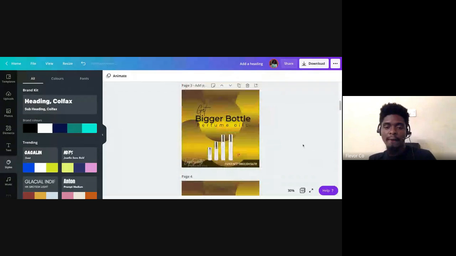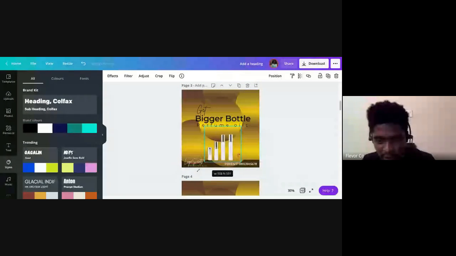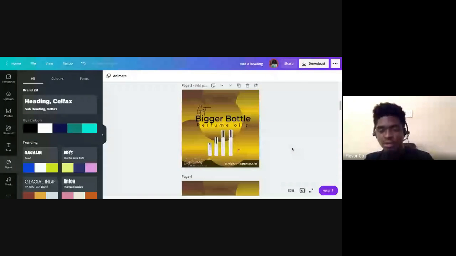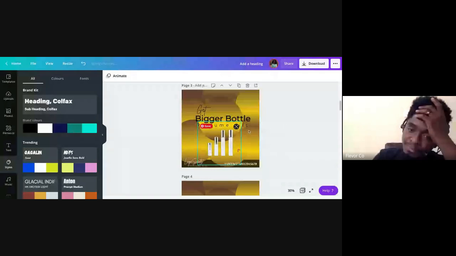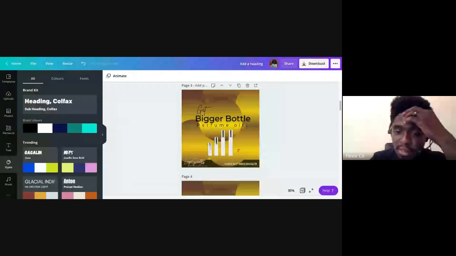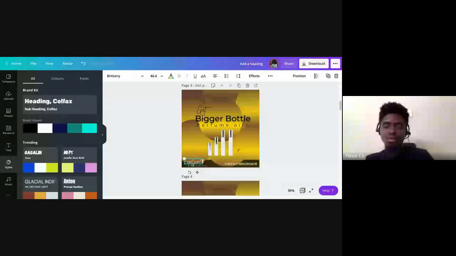Now this is where I have a problem, right? And you can tell already. These texts are too close to the edge, right? I mean, this is nice, but it's disturbing so much. So you want to bring your contacts. Now there are 3 sets of information here. Get bigger bottle perfume oils, which is supposed to be the catchy thing. Then this is the logo of the company, and then contacts, right? To be honest with you, this just needs to,